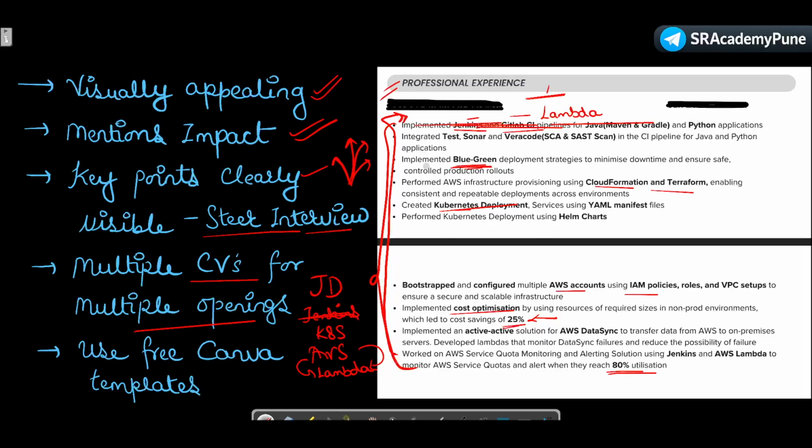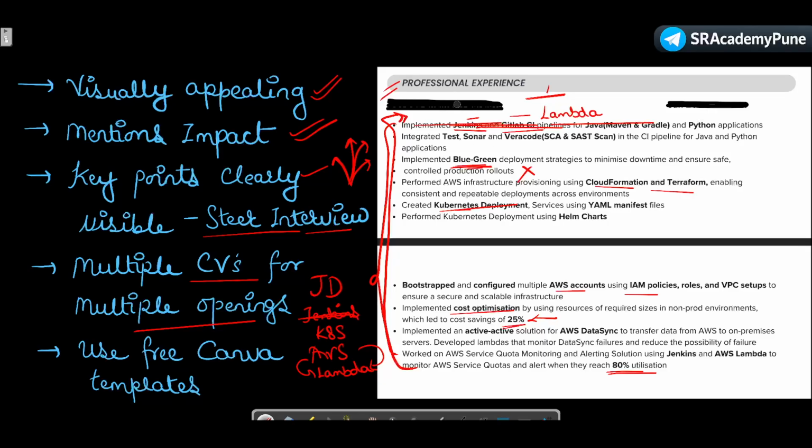If I share some other CV with you, you will find this point below, or you won't find it at all, because they don't want blue green deployment experience. A very minute detail, but it can change your chances of getting a call by a good amount. So you can follow this.